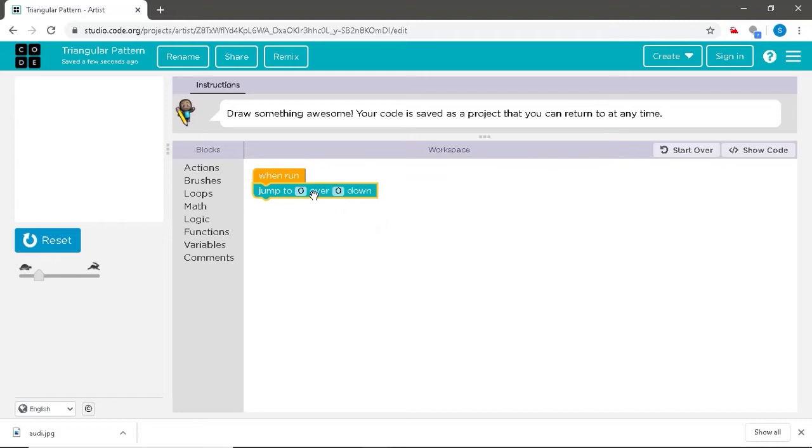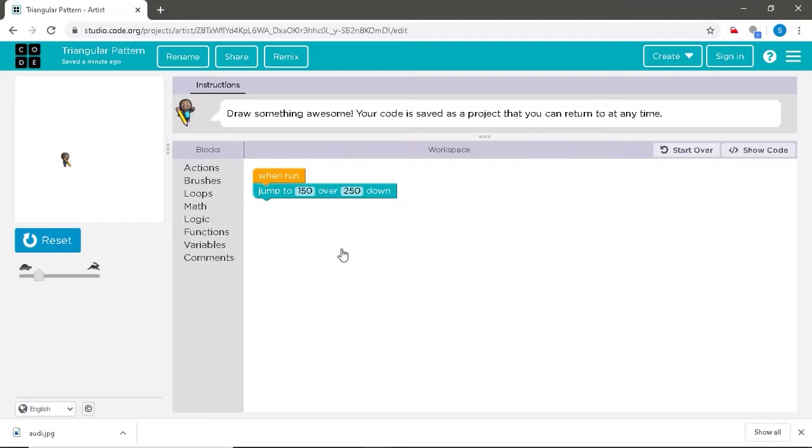So we shall change the coordinates to about 150 and 250. Now this means that the artist should be placed at x equals 150 and y equals 250. As you can see, the artist's position has changed from the middle of the visualizing section to a little lower.